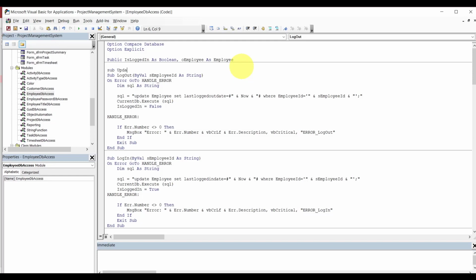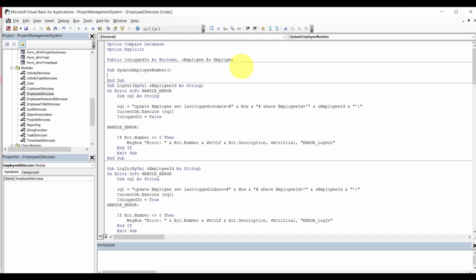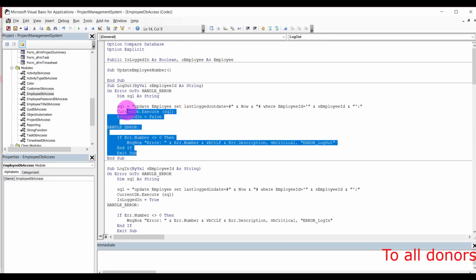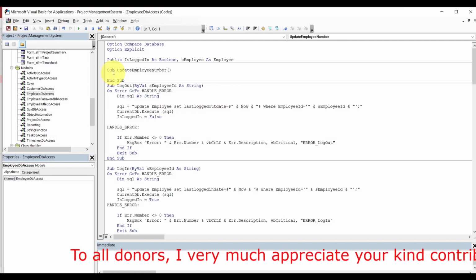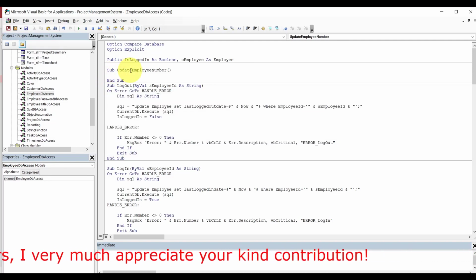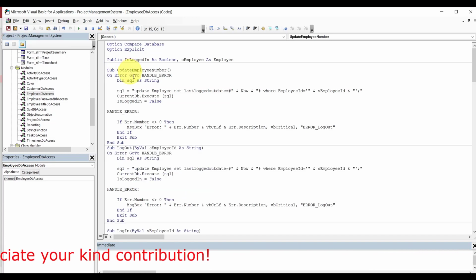Sub update employee number. And then we're going to iterate through this. Copy. Actually, we don't need that. Yeah, we do copy. And then we're going to say